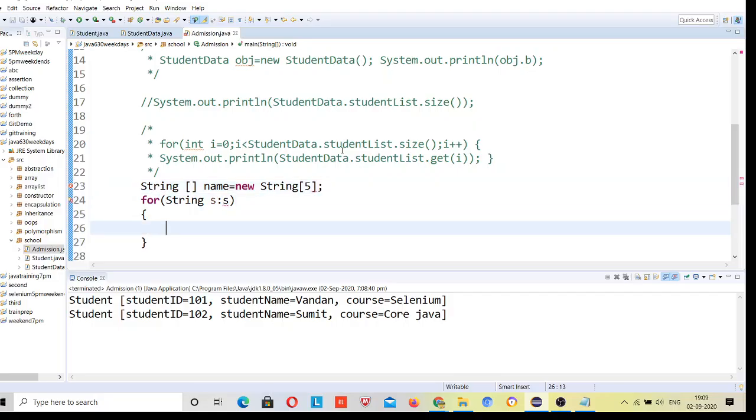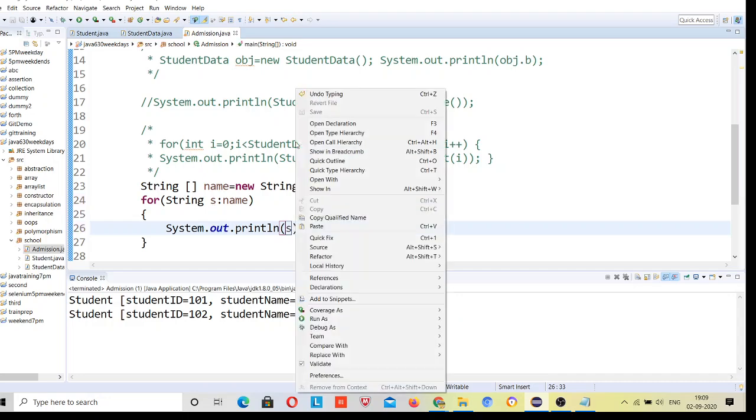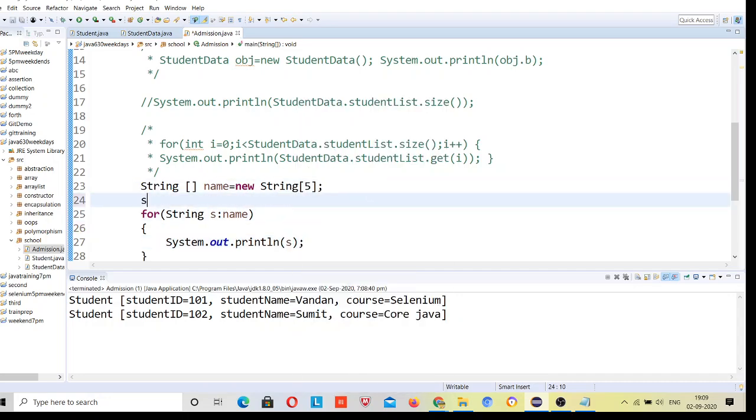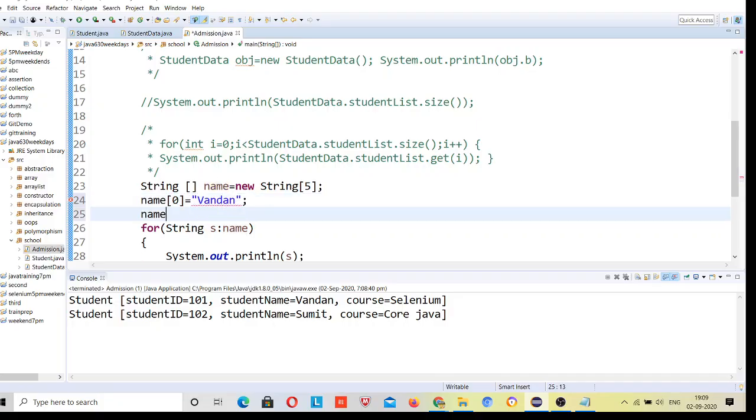Suppose if you want to assign this array, just assign this here, right? Now if you traverse this, you have to assign some values to it. Let me do it so that we will find the differences here. Name 1 equal to Sumit, rest of the values will be null.